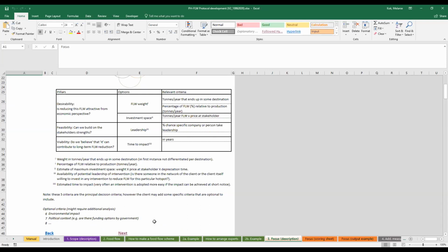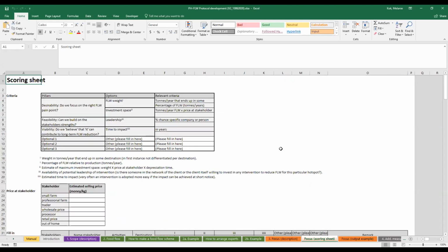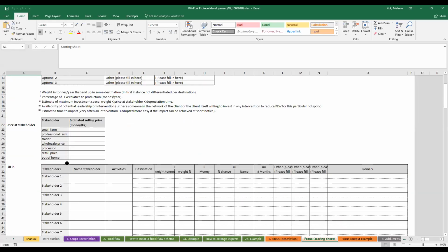We do this because we want to be able to adapt everything to your own situation. Clients can, for example, ask for an extra criterion. For example, when they think environmental impact is the most important reason why we start this exercise, we can add that as a criterion to score upon. So when we go to the next sheet, we go to the scoring sheet. What we see above is the criteria again, and some space to fill in an extra criterion when your client wants that. The next table is to fill in the sales price